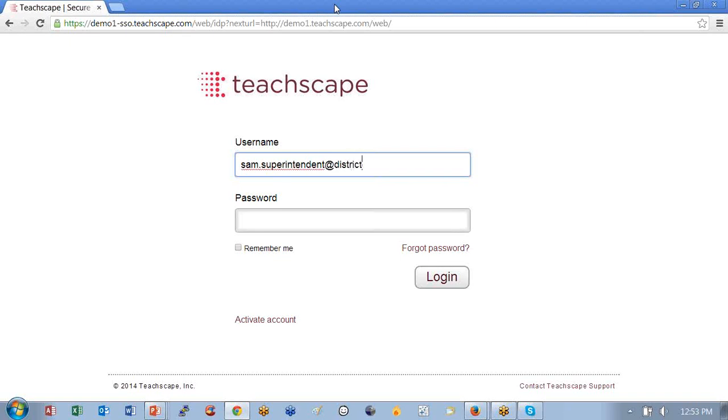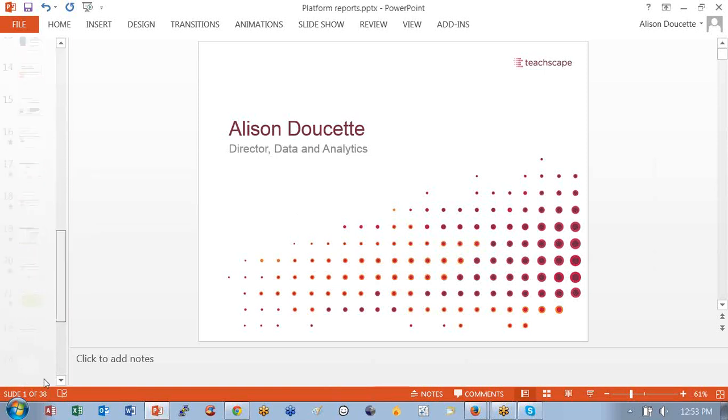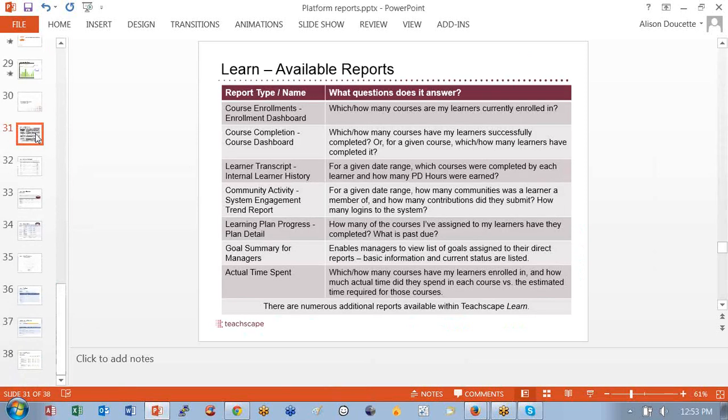Go ahead. Can you just show me the reports in Learn again? Sure. Let's just scroll down here. They're under search reports, is that what you went to? Yeah. You need to have the role of alternate manager to be able to search the reports, and then you will see them in there. We did learn recently that they don't run that wonderfully in Chrome, but they work really well in Firefox.